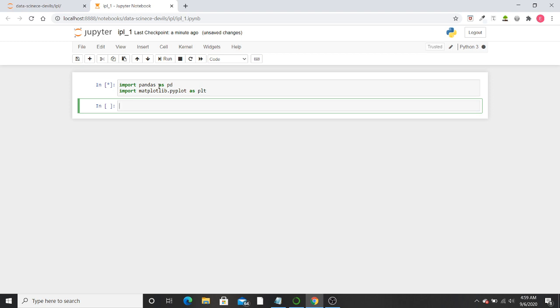It may take some time. Okay, so it has successfully imported. Now the next step is loading the data set. So I'll name it IPL_overall.